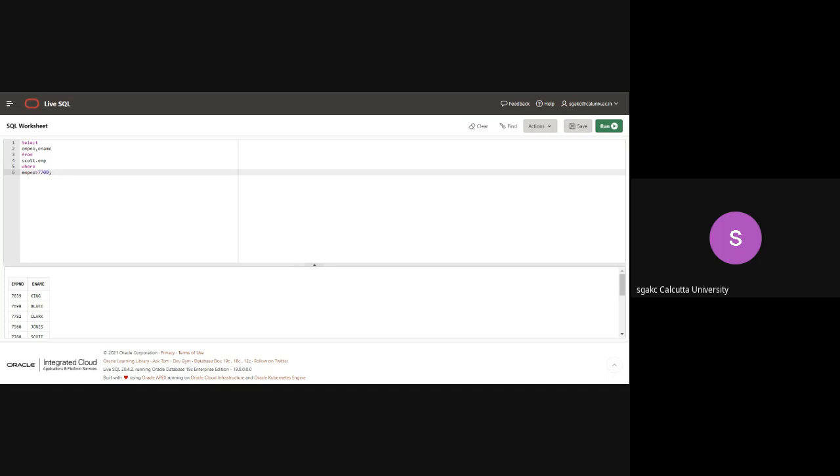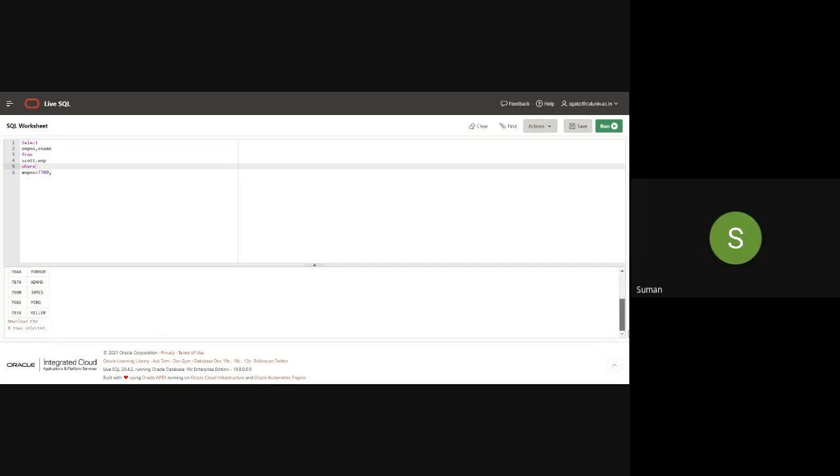Before that, please check the original number of rows. There are 14 rows. Now I am putting a condition that brings me only those rows where the employee number is greater than 7,700. Let me run this.